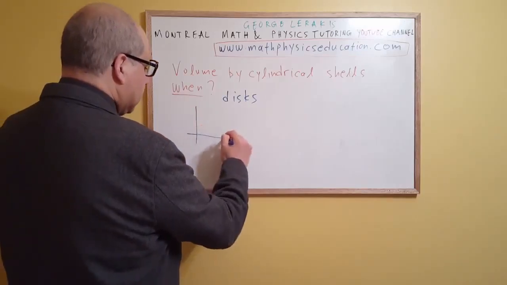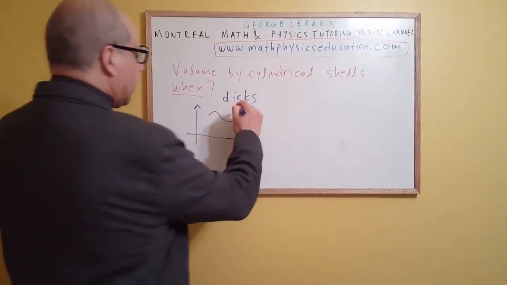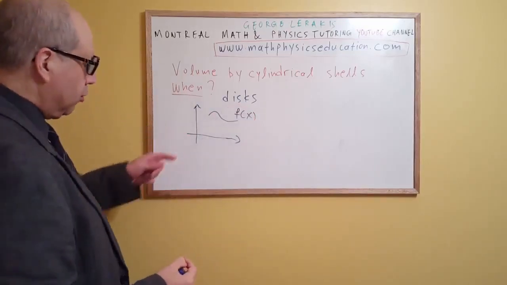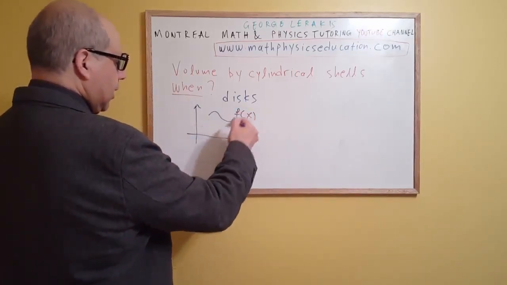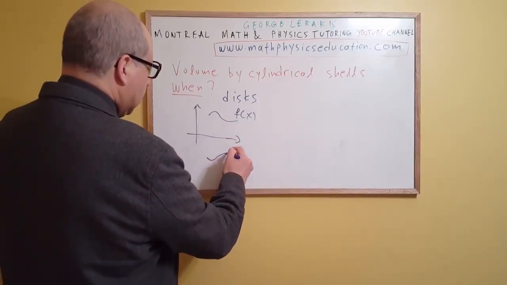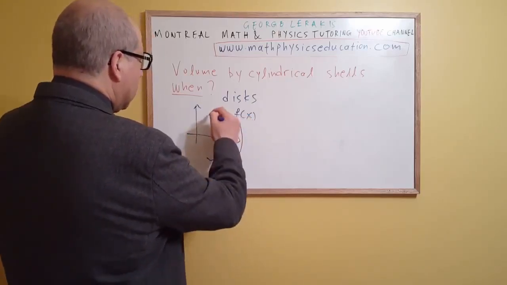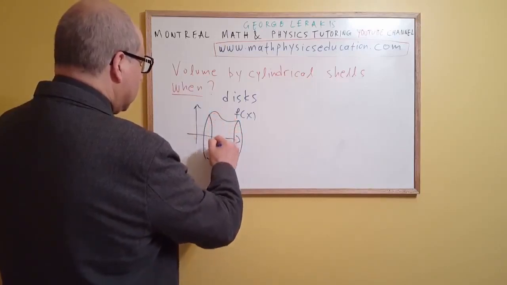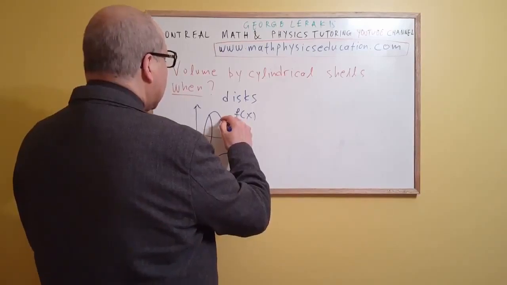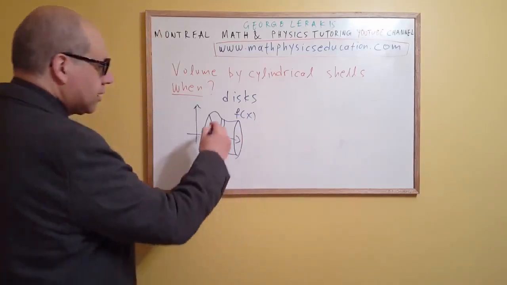Let's say this is the Cartesian plane, and this is a graph of a function f of x, and you want to find the volume when you rotate this around the x-axis, so that will give you something like this solid figure. And how did we used to do that? We used to take small disks,